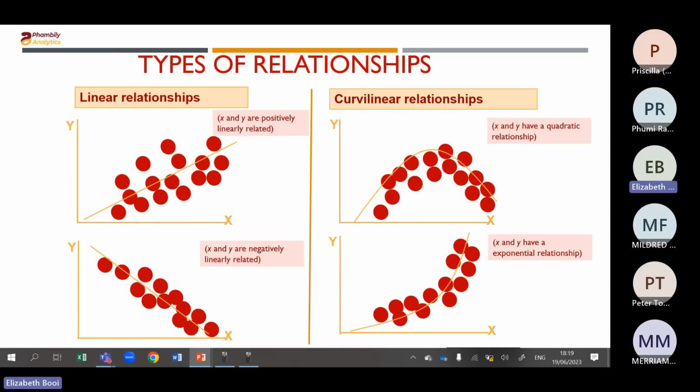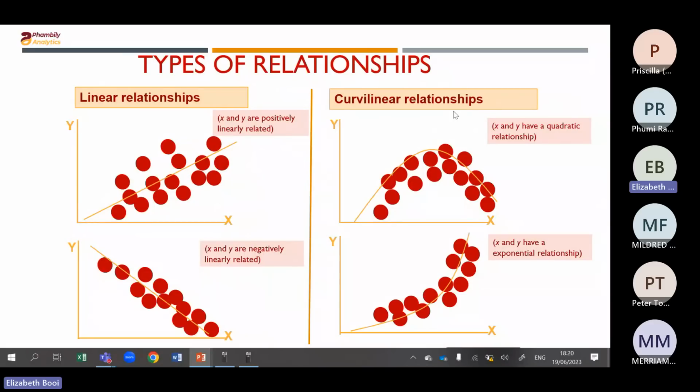So if we have two numerical values and we put them on a scatter plot, we are able to see whether they've got a linear relationship. The first one tells you that they are positively related. Therefore, there is a positive relationship because when the values of X increase, the values of Y increase. Sometimes it can be a negative relationship, where you see that when the values of X are increasing, the values of Y are decreasing. Or it can take up a curved relationship,